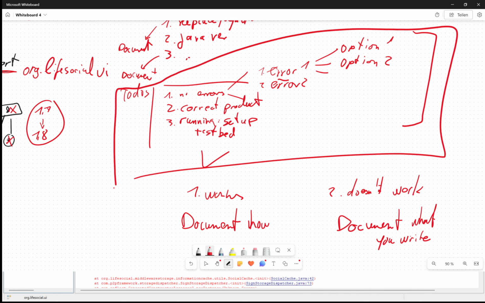So both what you tried, and if it comes out that this didn't work but this did, and for all of the problems you have at the end some option that worked out, then you are in this case. And if you did all of the work, tried out all options, and still it does not work, then we at least know which options to avoid and where we can follow up on what new options can arise. So in any case, the documentation of the step-by-step process, which errors you face, which options you face in order to resolve the problems, needs to be